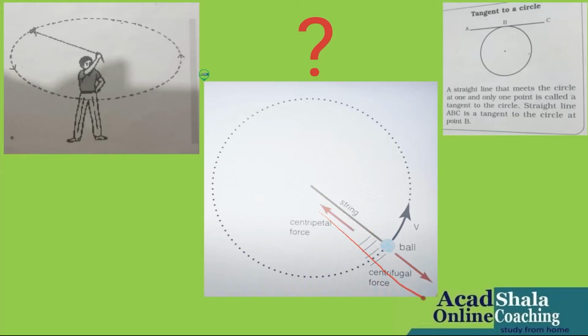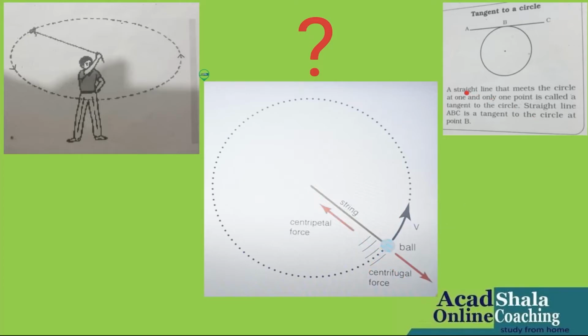This straight line will be a tangent over here. Are you seeing the third diagram? So this straight line will be a tangent to the circular path. That means the boy, when he released the thread, this stone, for example, a stone or a ball, went over here at this position. Yes or no? The boy released the thread, and the ball or the stone went straight away over here at this position. And then what happened? This straight line will be a tangent to the circular path like this.